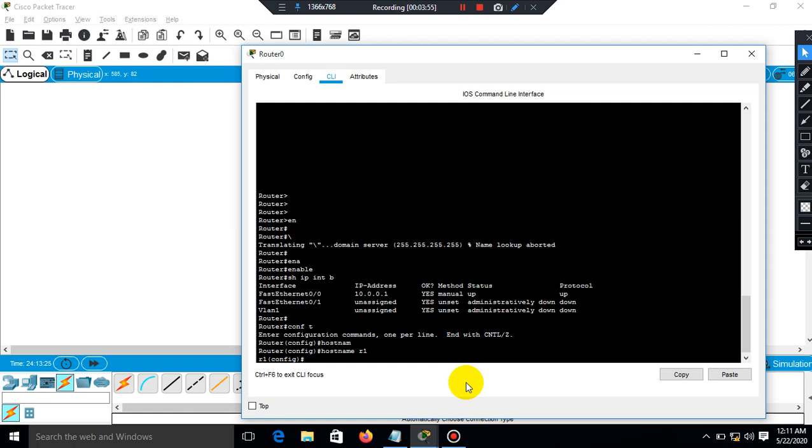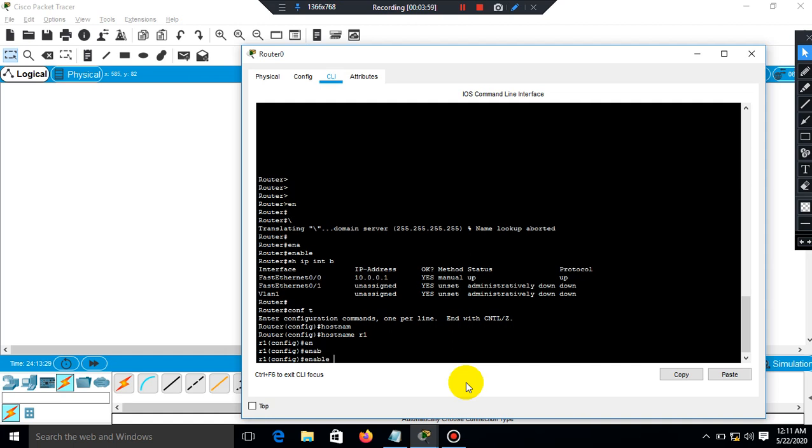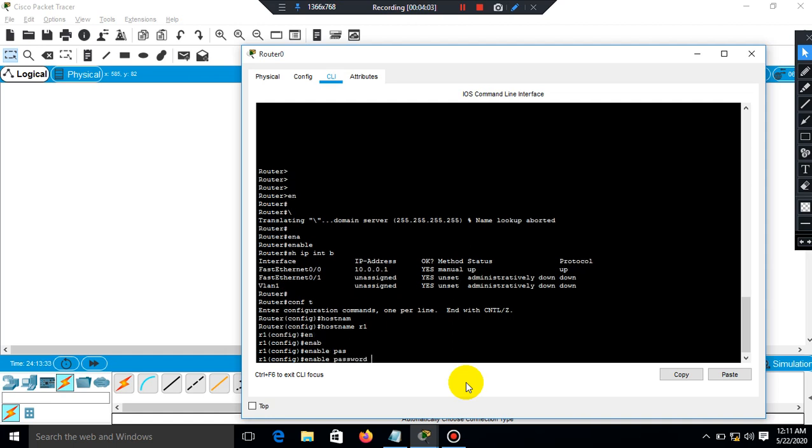Without a password you can't configure Telnet. I am going to run the password command and write cisco as the password of this router. If any other device is going to access this router, it has to authorize with a password. Without the password you can't access this router.